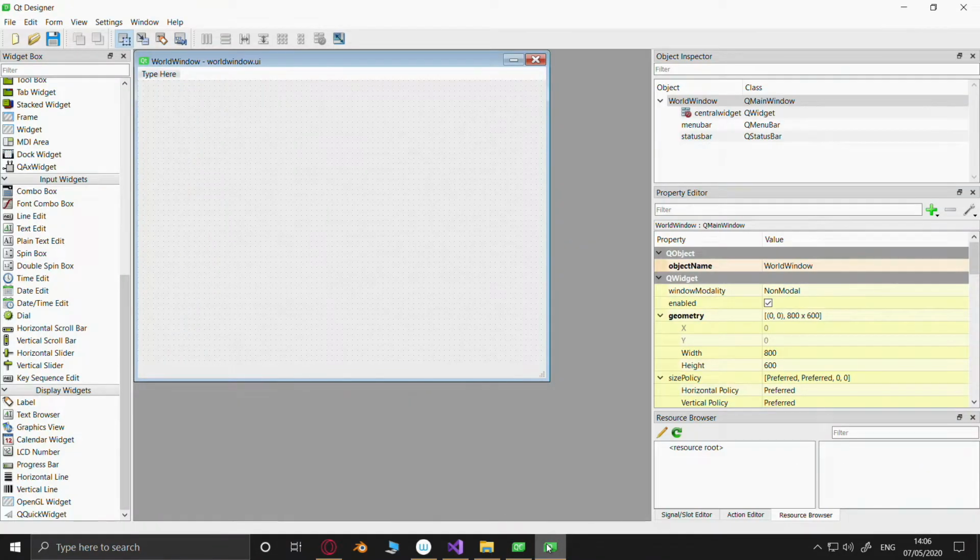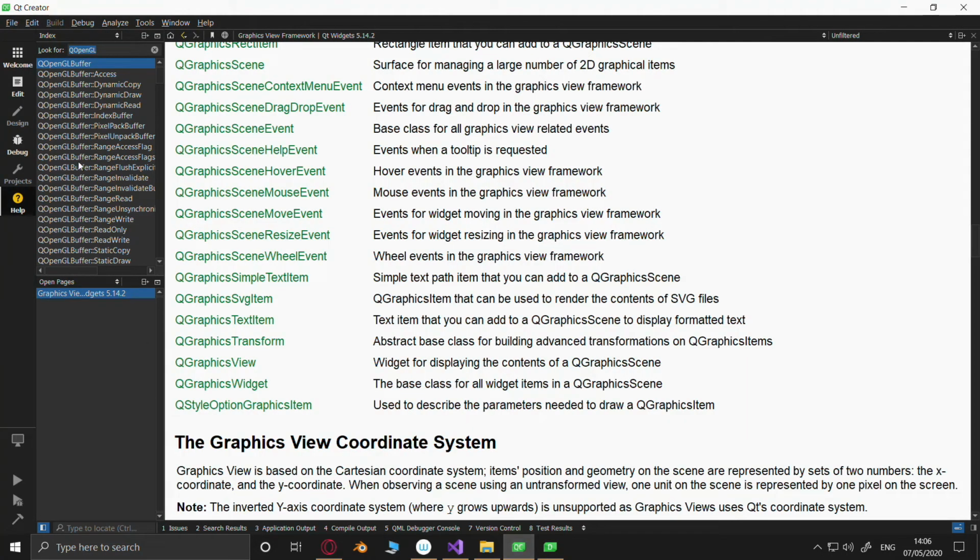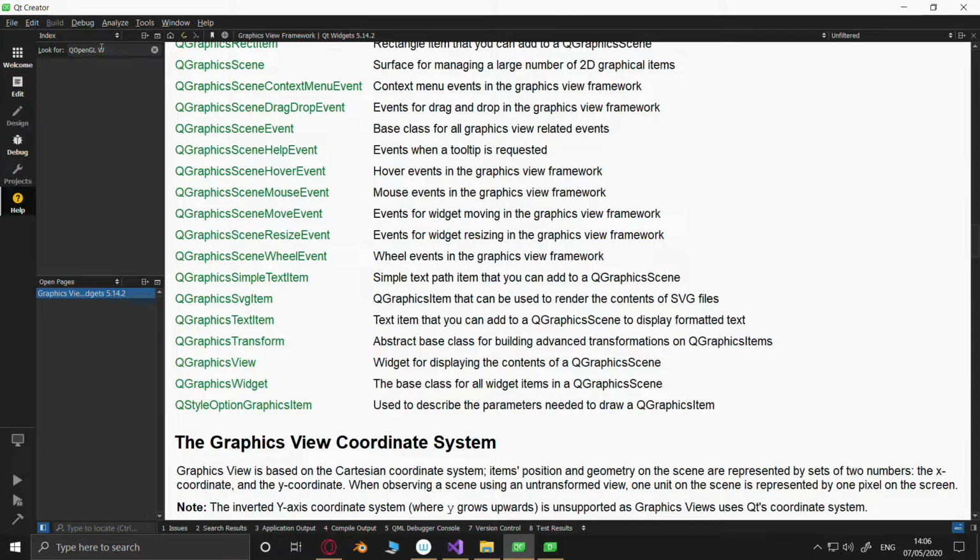Is it all one word? Space widget. I want the one with the space, please. There isn't one. I thought so. There's no space.